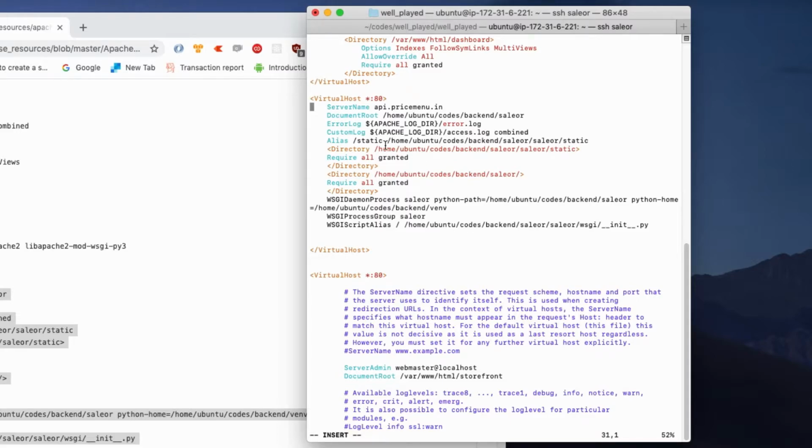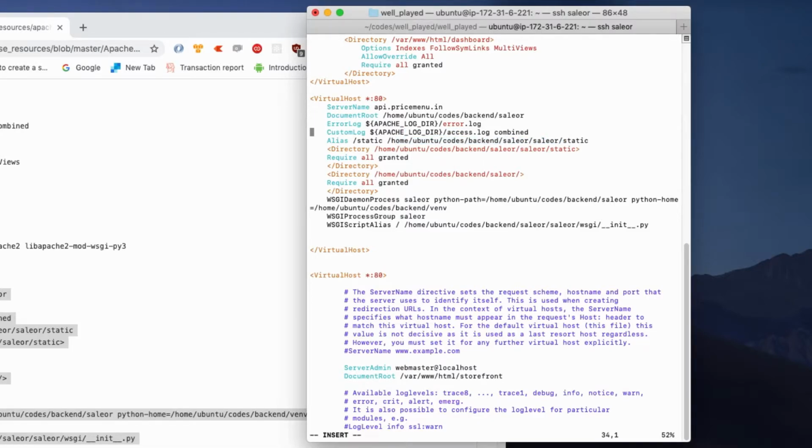Let's go through them. What are these? Server name is pointing to api.pricemenu.in. This is the document root of my Salient core. Error log file and custom log file are part of my static folder.